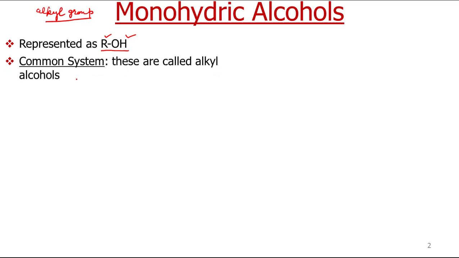As we know, monohydric alcohols can be simply represented as ROH. That means they contain one OH group per molecule, where the R group can be an alkyl group. If it is an alkyl chain, then we call it an aliphatic monohydric alcohol. There are different systems by which they can be named. The first system is called the common system to name the alcohols.